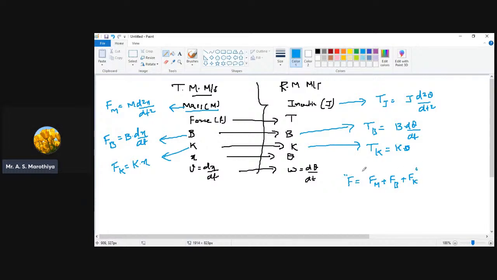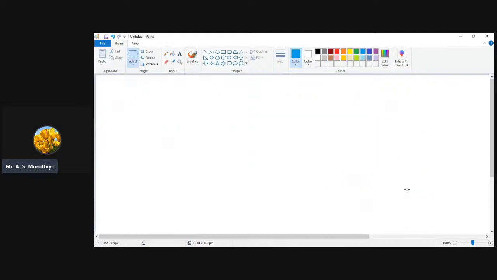In the same way, you can rewrite the equation at equilibrium condition corresponding to torque: input torque is equal to torque contribution due to inertia plus torque contribution due to damping coefficient plus torque contribution due to spring constant. This is again going to be very important. So these points we have discussed in the last lecture,